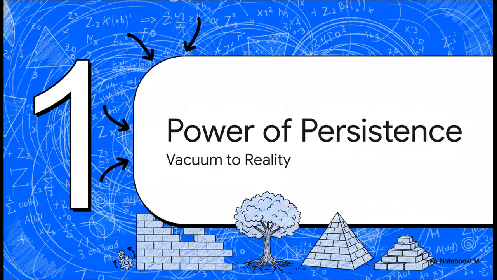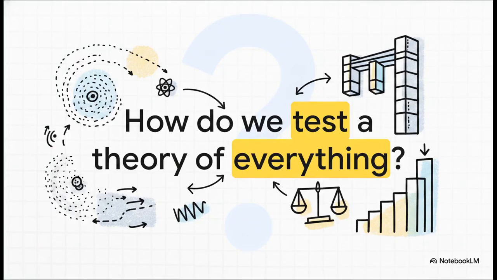Section 1. The power of persistence, from the vacuum to reality. Let's make that jump from abstract symmetry down into the nuts and bolts of everyday stability. It really begs the question, doesn't it? How do we actually test a quote-unquote theory of everything? Because a true fundamental theory shouldn't just explain why a particle has mass, it needs to explain why anything persists at all. So how do we build an experiment that bridges the microscopic vacuum of the universe with the macroscopic